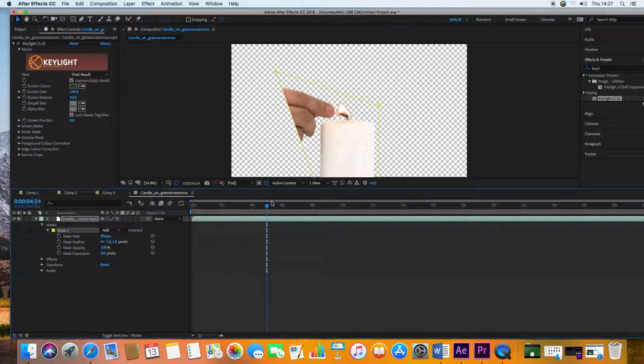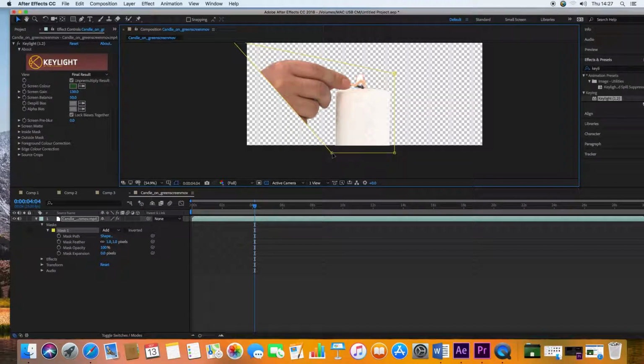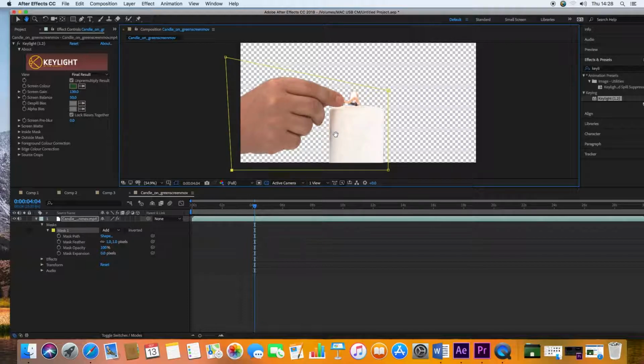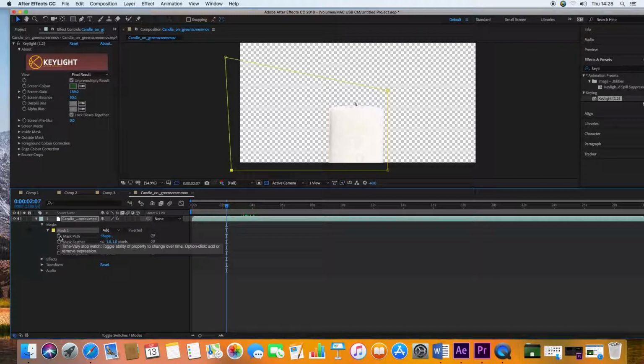You can also animate the mask path as well. So for example, hold down space to move it with the little hand. Let's bring that in like that. I can animate it so that I'm only keeping this green screen layer on screen for as little time as possible. So I can click the mask path